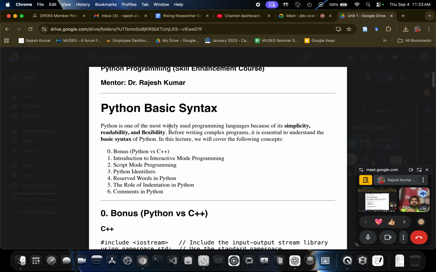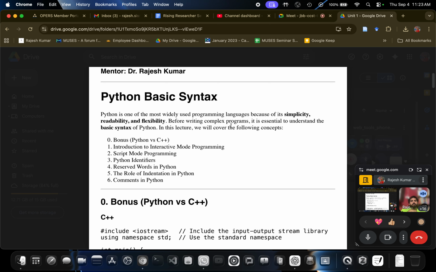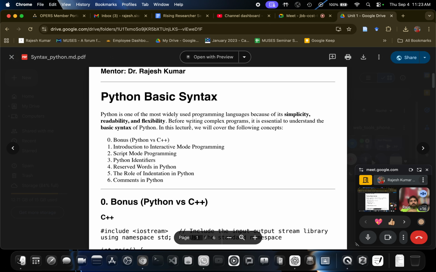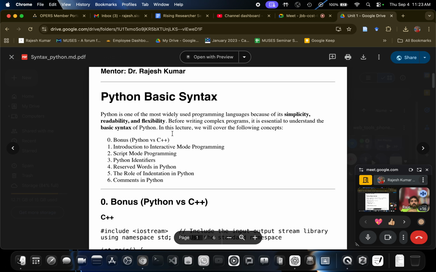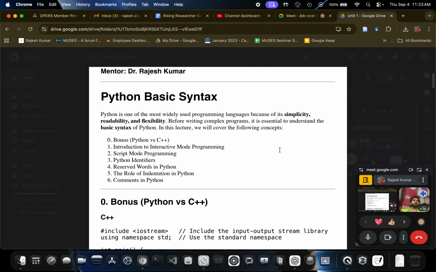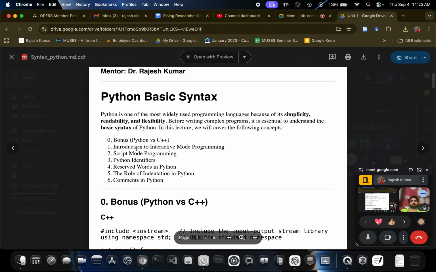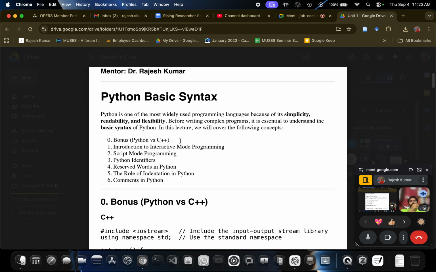Python is one of the most widely used programming languages because of its simplicity, readability, and flexibility. Before writing complex programs, it is essential to understand the basic syntax of Python. In this lecture, we will cover the following concepts. There is a bonus section comparing Python and C++, and then we will learn about interactive mode programming, and then script mode.